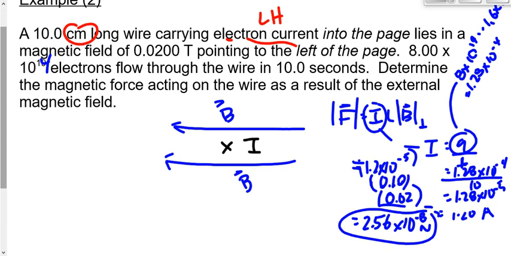Okay, there's the magnitude of the force. What about the direction? Negative particles, so we use our left hand. Remember, it's not the wire that's graspable. If we wanted to find the direction of the field caused by the moving charges, we could do that, right? Thumb, bend your fingers. The magnetic field caused by this would be counterclockwise, but that's not what we're trying to find. It is that magnetic field, though, the red one, that interacts with the blue one to cause the magnetic